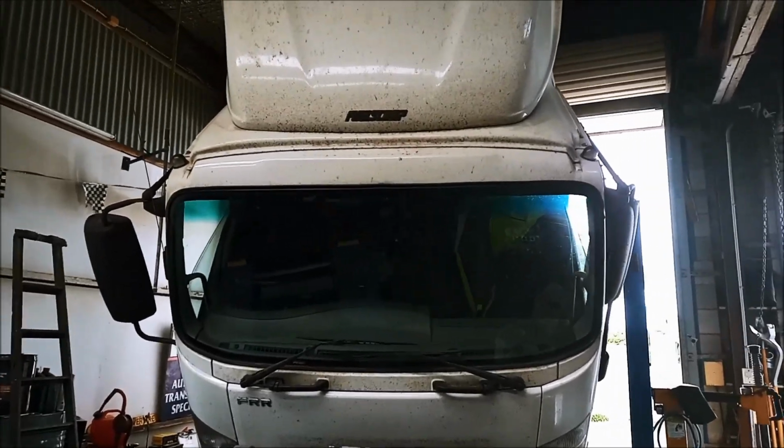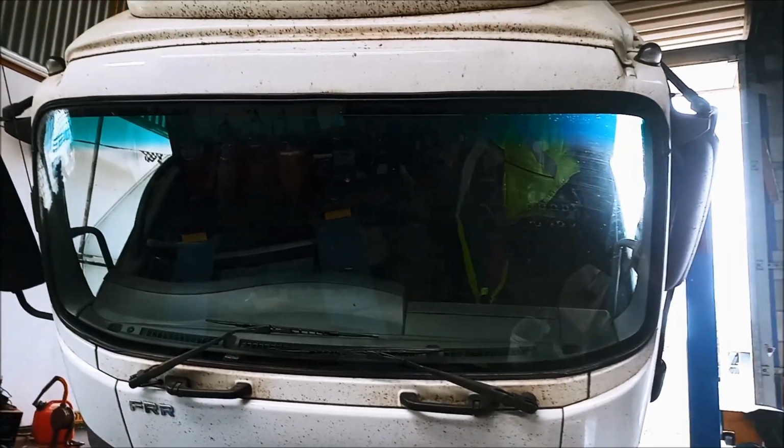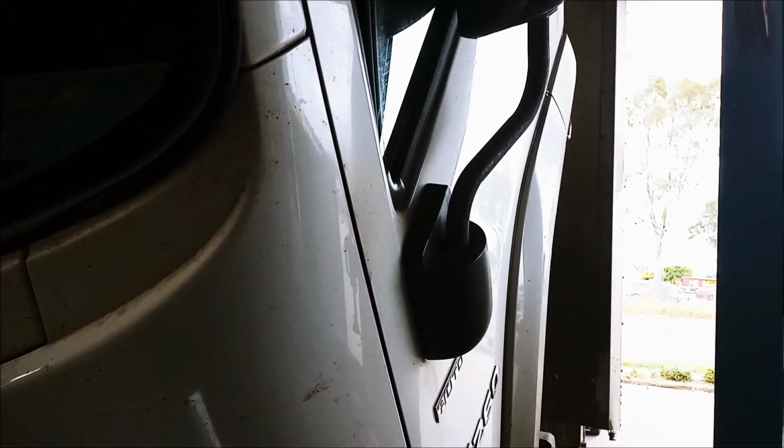G'day. Today we're doing a bit of work on an FRR600 Isuzu. Got the Allison transmission in it, and it's a 2019 model. Now what's happening, it goes into limp mode